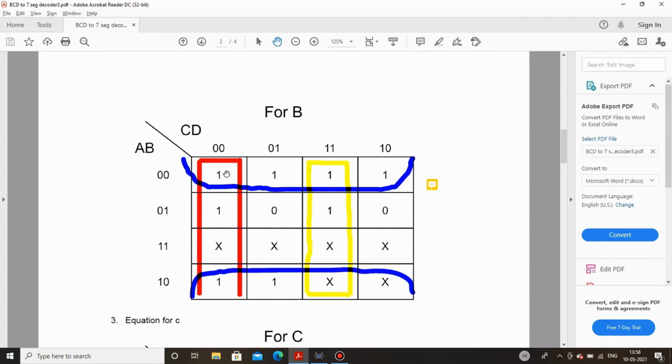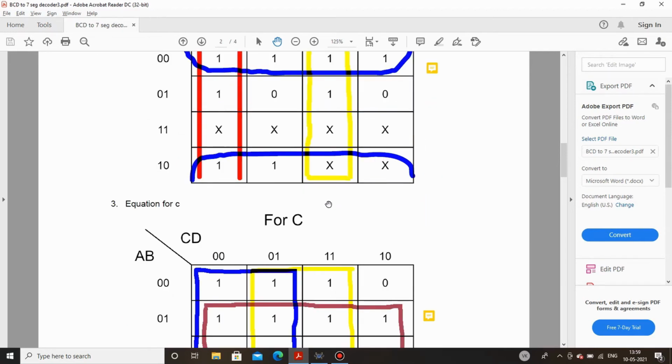If you see this red color pair, in this CD is constant, whereas A and B are changing, so the output will be C bar D bar. If you see in this case, even here A and B are constantly changing, whereas C, D are same, but this time both C and D are 1, so we need not take the complement. So this is the output, that is B bar plus C bar D bar plus CD.